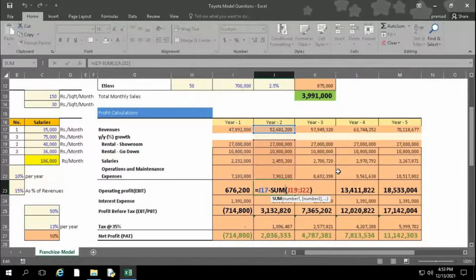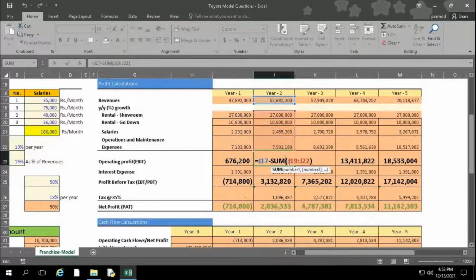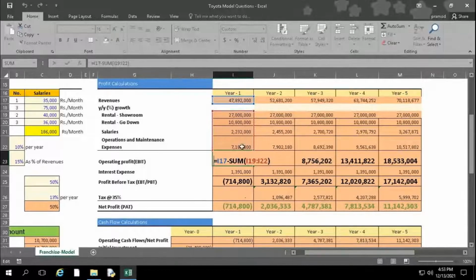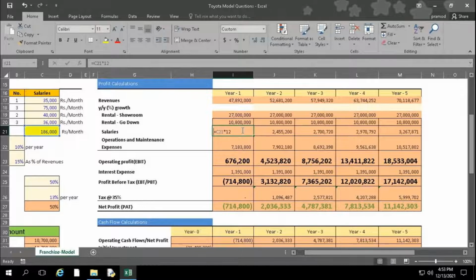No, sir. For me, I have taken the salaries as a constant one, sir. For the first one you made it constant? How will it come from one cell to another cell? No, no, sir, salaries. Okay, change it. But you had told us to press F4, sir, to make it absolute. When did I tell? No, because here it is based on months, and year to year growth you have.